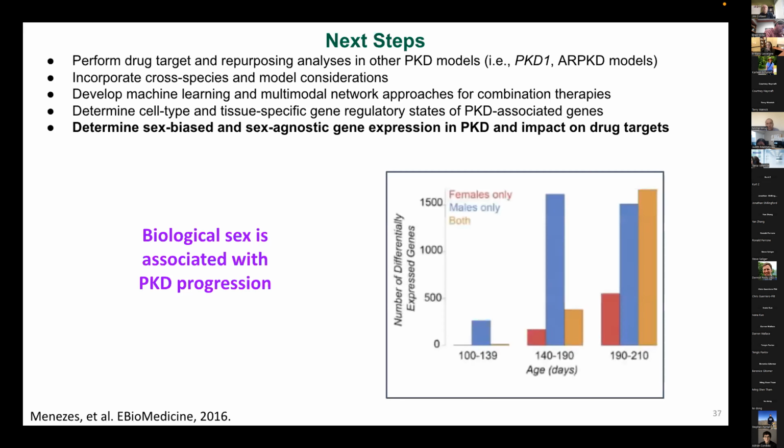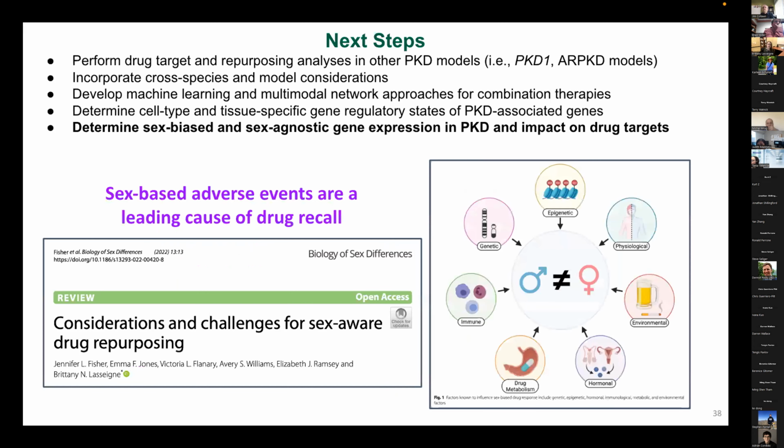This has been recapitulated many times in mouse models. Here's an example in a PKD1 model showing that onset and severity are sooner and more rapid for male mice compared to female mice. So not only is this important for trying to understand the mechanisms of disease, but also